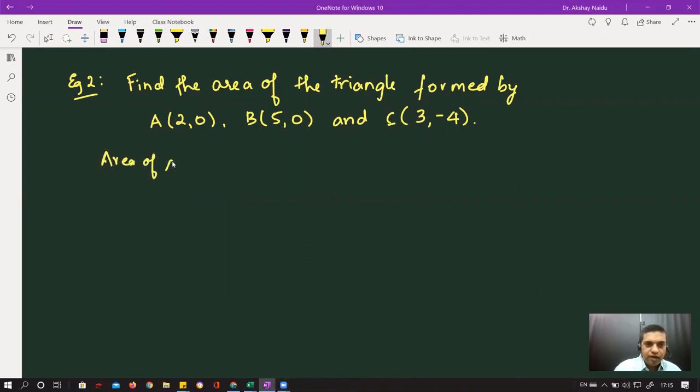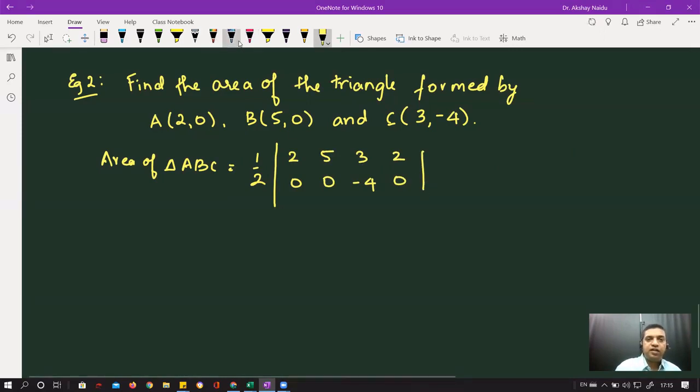Area of triangle ABC using the formula is half of the determinant with rows x1 y1, x2 y2, x3 y3 and then again x1 y1. You can do the multiplications and algebraic additions this way. So you get